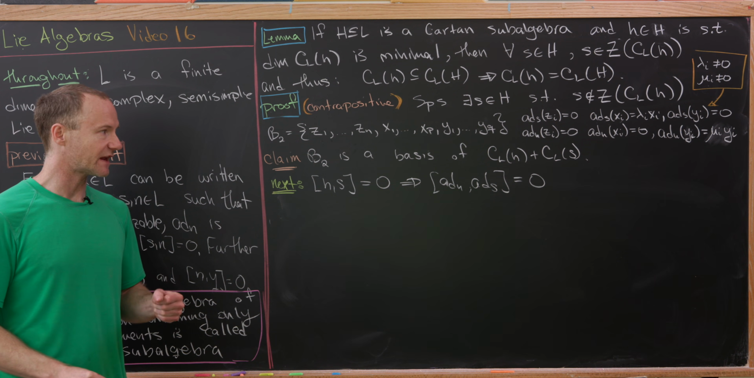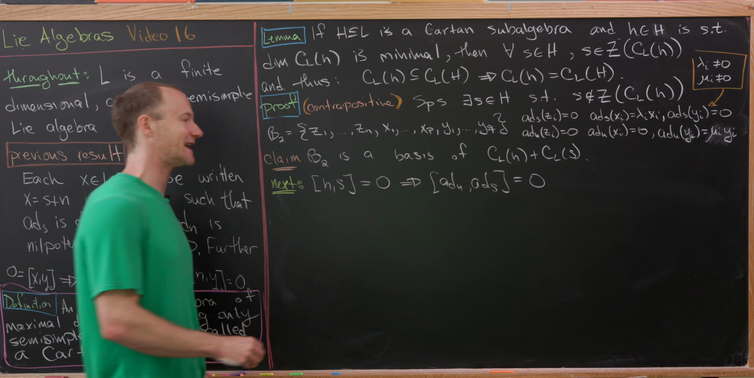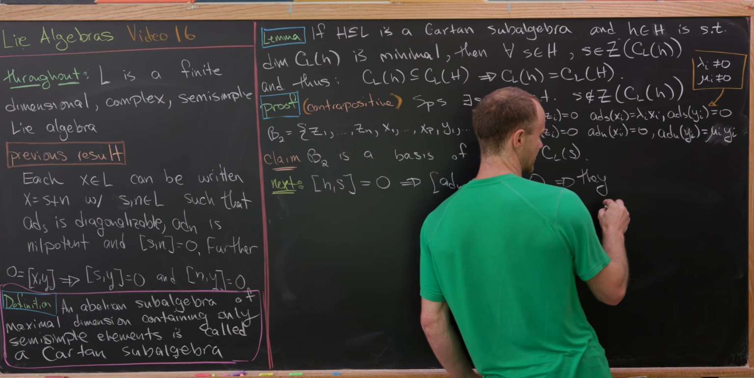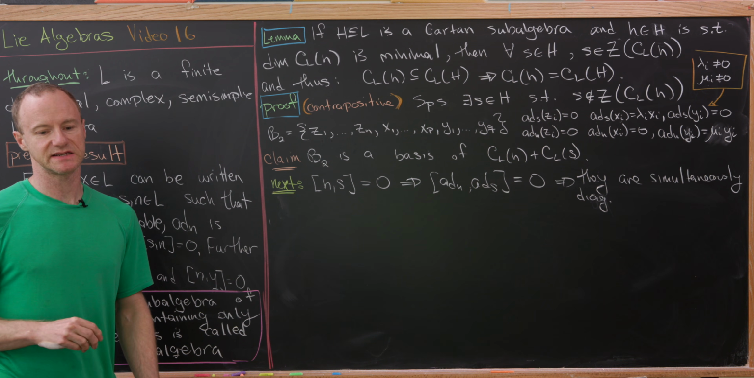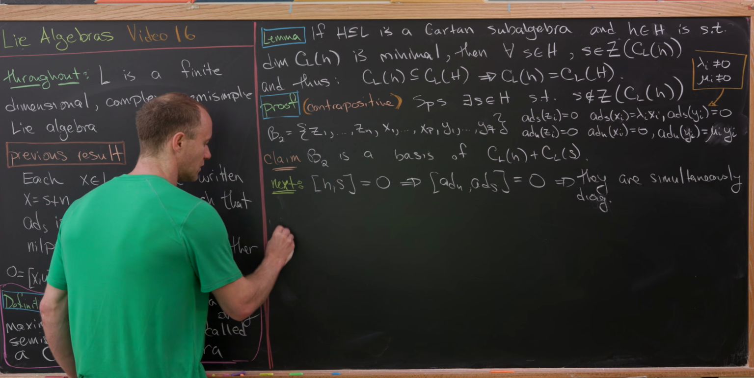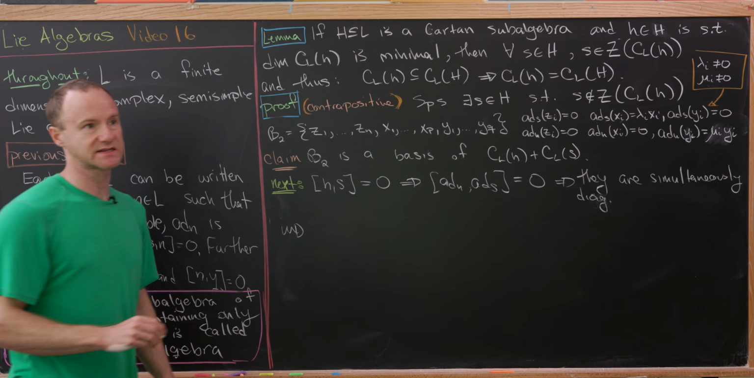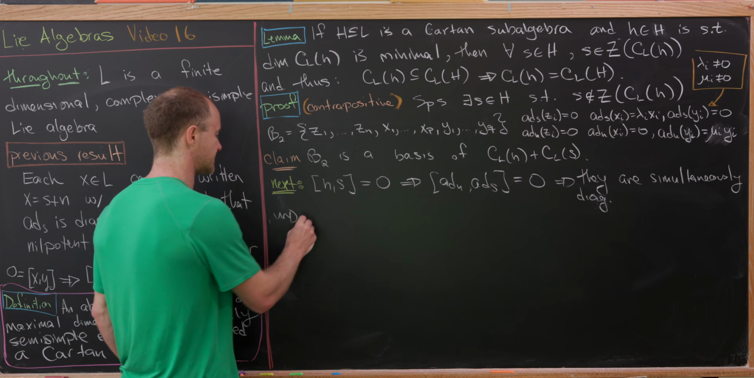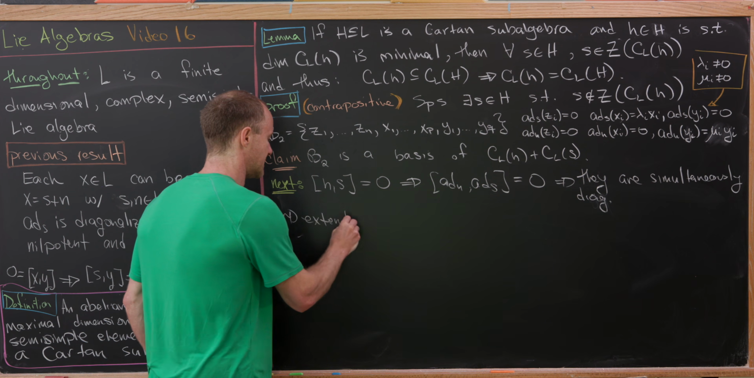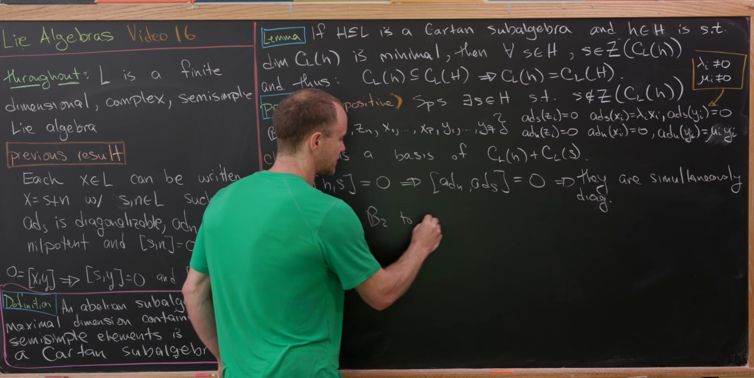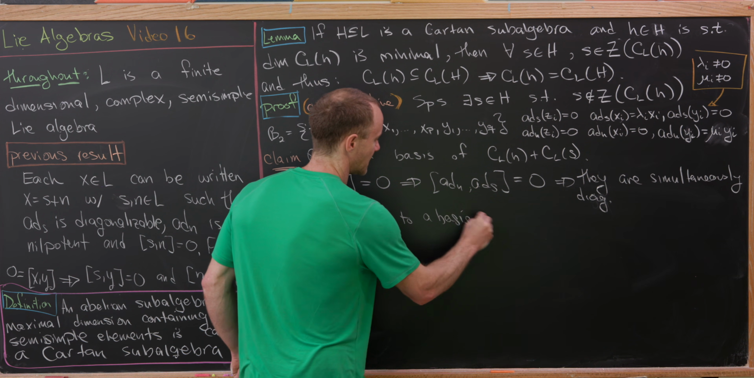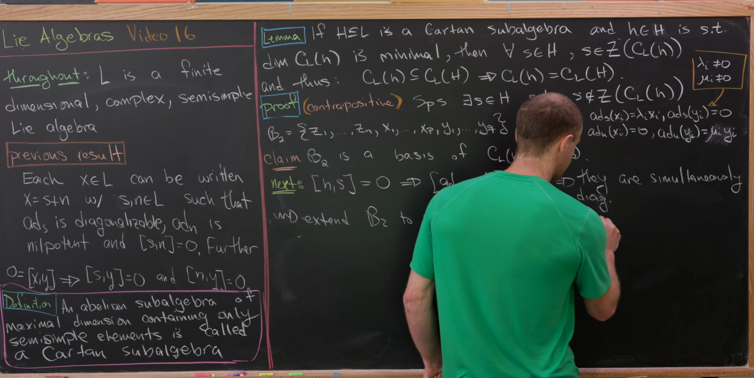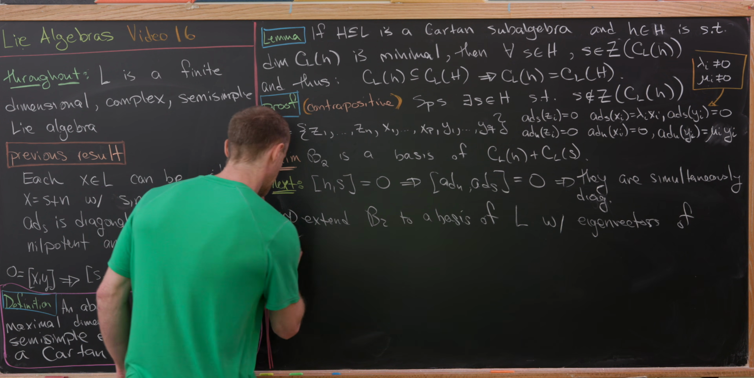But commuting linear transformations are simultaneously diagonalizable. So that's nice. So let's get that written down. Okay, so they're simultaneously diagonalizable. So now what are we going to do? Well, we're going to extend to a basis of the whole space. So let's do that. So let's extend B2 to a basis of all of L with the eigenvectors of ad